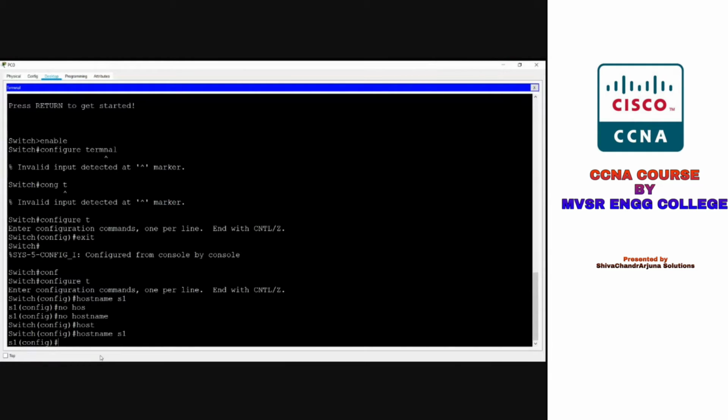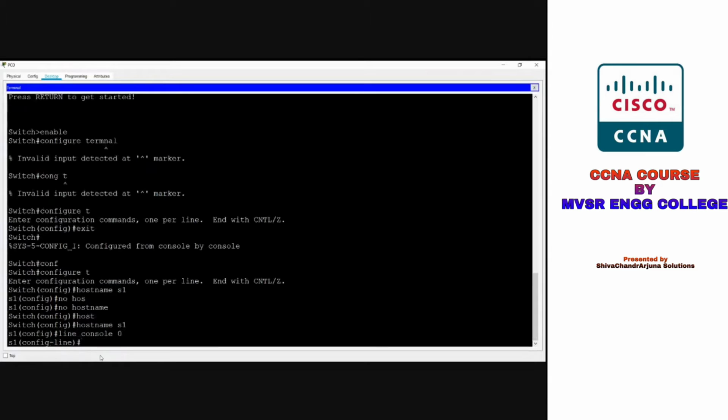I can go to line console 0 by using the line console command. I can secure the user executive mode access here. I can give a password for this.